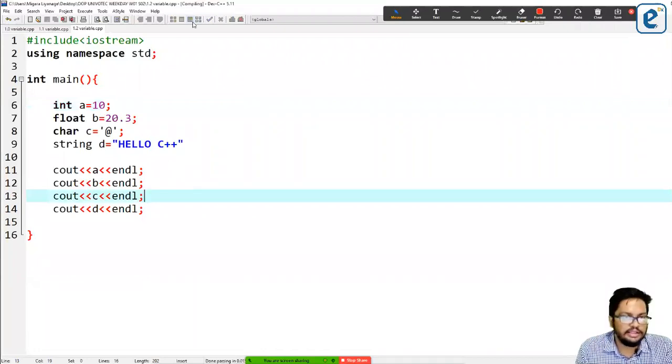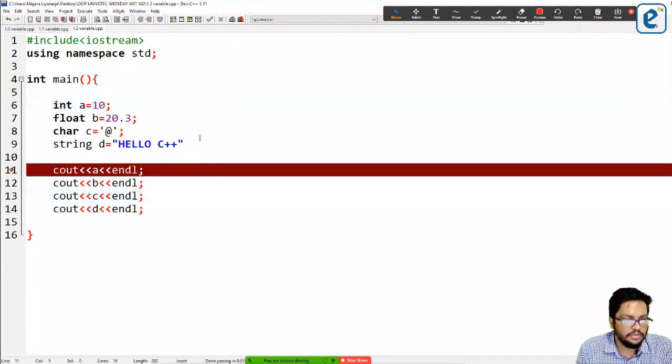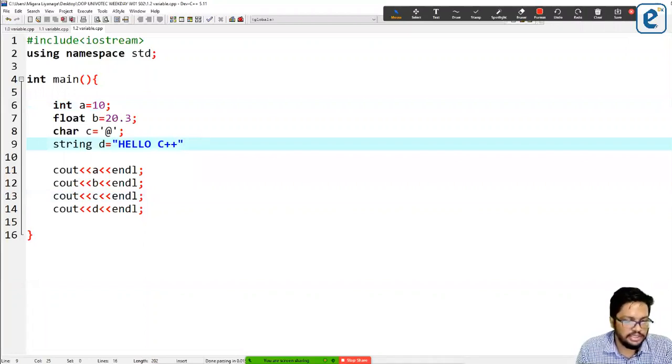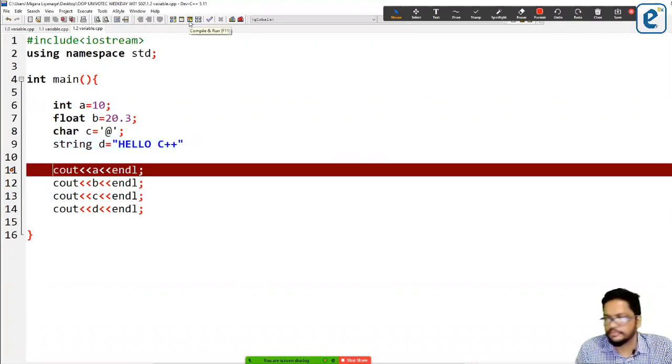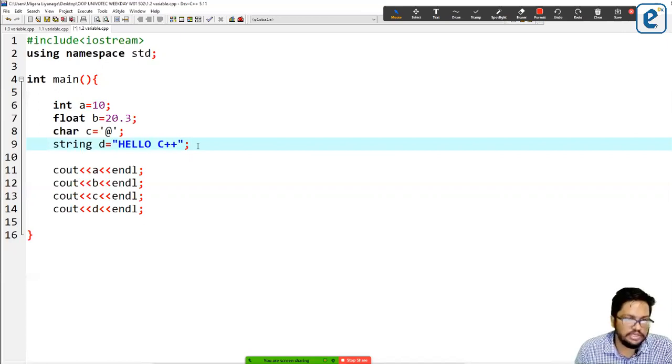So let me run this and show you. Can you see there's an error? So what's the error? Okay, so this is not running. Can someone point out the error? Semicolon, yes, very good. It's the statement terminator. These are the things that we discussed last time, right? So these should be there.